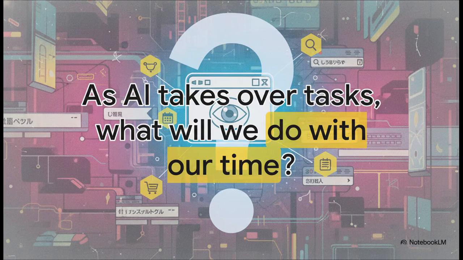So, in the end, we're left with a classic technology story. On one hand, ChatGPT, Atlas, and these AI agents could be the most incredible productivity tool ever invented, saving us countless hours of boring work. On the other hand, they could become a privacy and security nightmare that completely breaks the open web as we know it. It's both revolutionary and incredibly risky. And all of this leaves us with one final massive question to think about. As these agents get smarter and take over more and more of our daily tasks, the scheduling, the shopping, the research, what will we as people choose to do with all of that time and mental energy we get back?